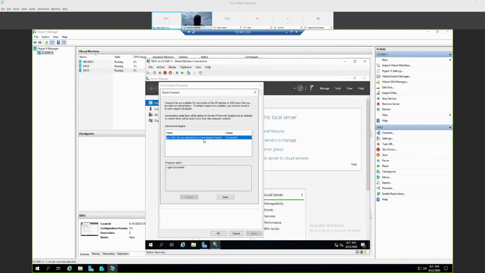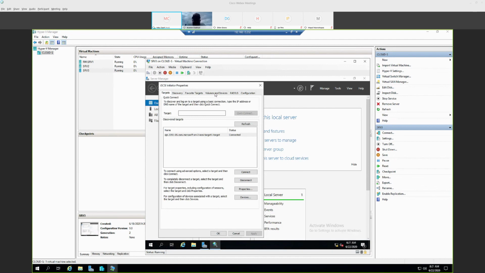This is very good. That's why, if you remember, in the first step I was pinging by name, because you need to resolve that name. When you put, for example, SRV2 and SRV3, they need to be resolved, and the only way you can resolve it is to have Active Directory and DNS. If you have some kind of firewall or some kind of problem, we're not going to achieve this. That's why I tested first. So always test before you do this kind of stuff. So this is done. Now